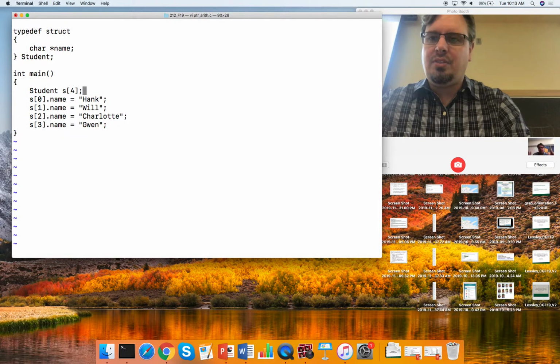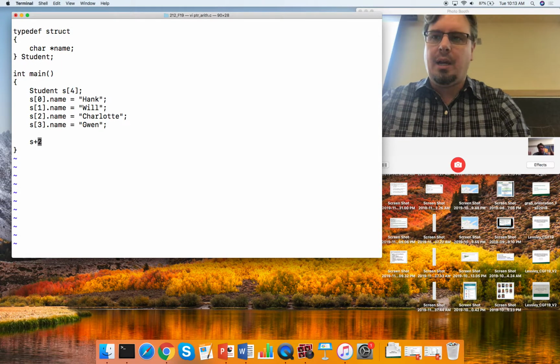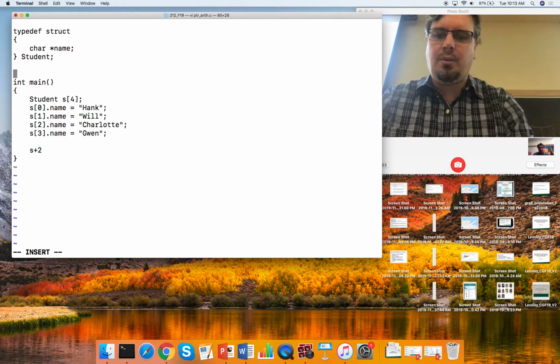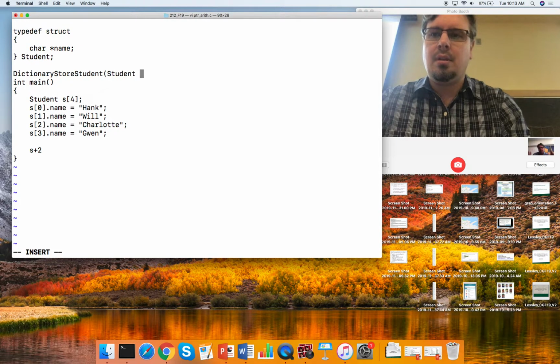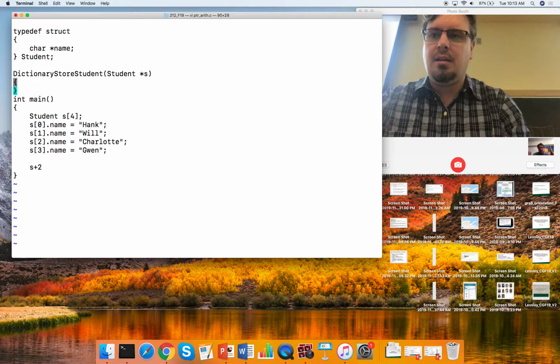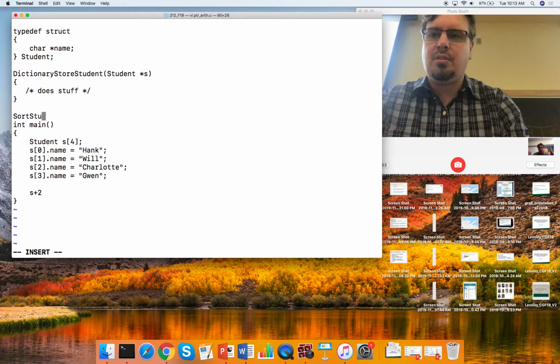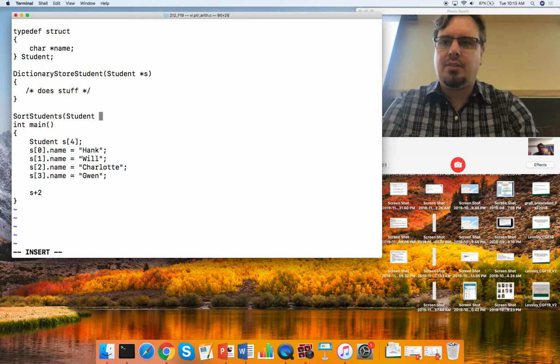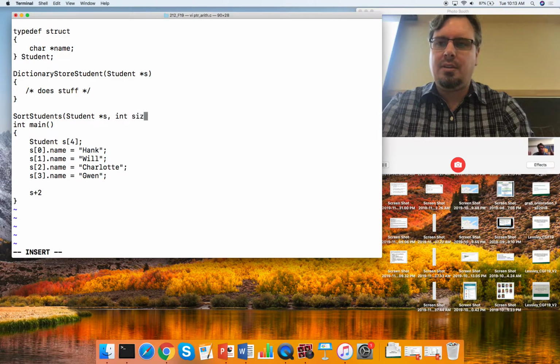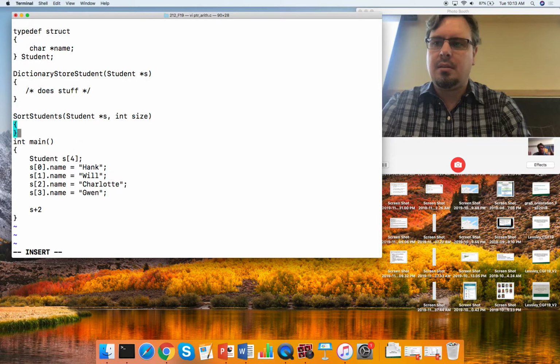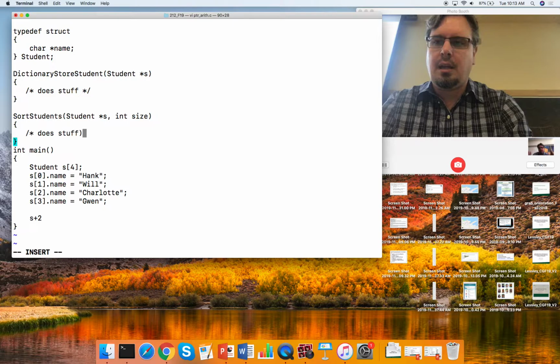And we've seen now two different times where we've done something like s plus 2 and it's been used in different ways. One was when we're thinking about doing this, what is it called in Python, a dictionary? Is that what you guys told me? Where we have some dictionary, like dictionary store student, and we're taking a student and then it does stuff. And we saw another example where we want to sort students, and this takes a pointer to a student and a size. And then in both cases, if we want to do a dictionary store student,